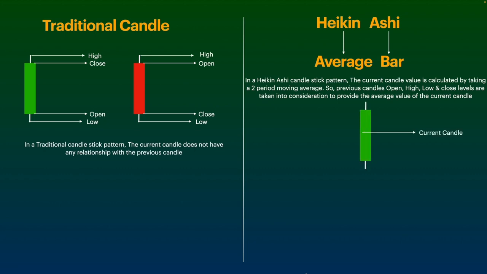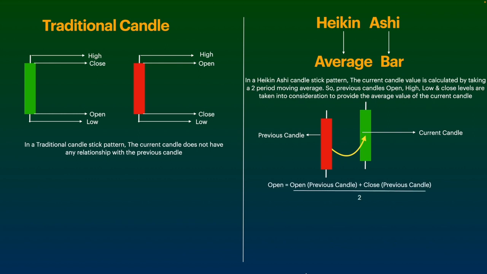Now the value of this current candle is derived by taking the values of the previous candle. Just imagine this red candle as the previous candle. Now if you are interested, this is how the open of the candle is calculated: open plus close of the previous candle divided by 2. This is how close is calculated: open plus high plus low plus close divided by 4. And this is how the high of the candle is calculated,